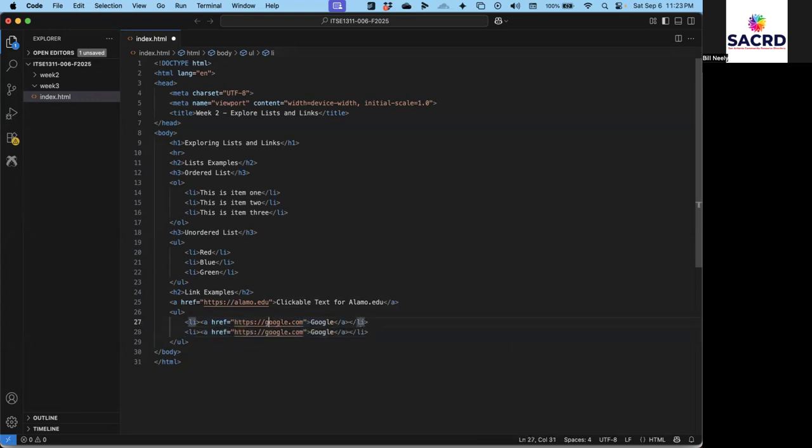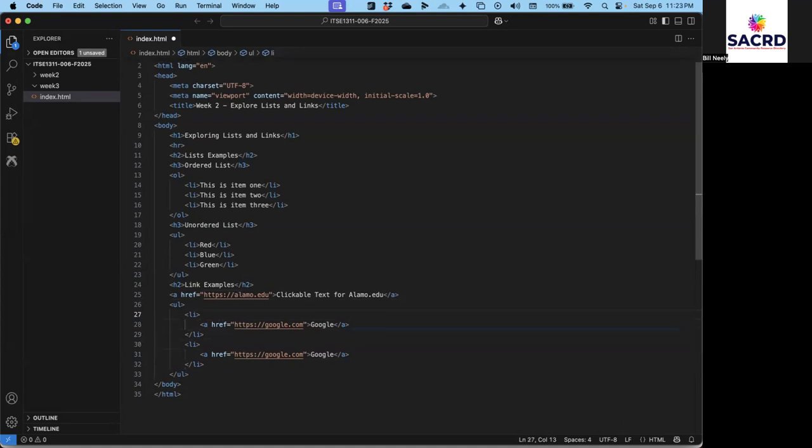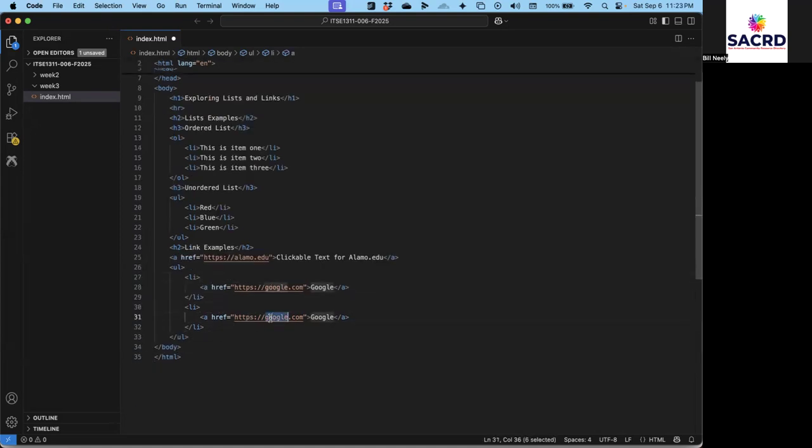Now notice that I have a container tag, li is a container tag, and a is also a container tag. So I could do this on one line for formatting. You could do that, but it depends on how complex the contents of this list is, right? So you may not want to do that. I think over-indentation is always better than under-indentation. Maybe we have a link inside a paragraph, and that's something that's going to get really complicated. So always a good idea